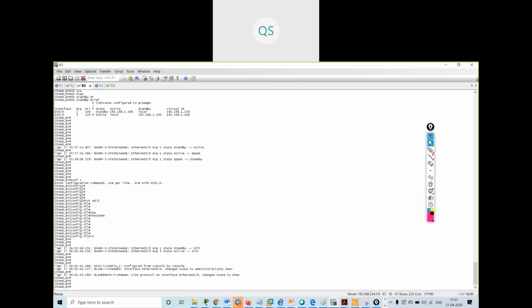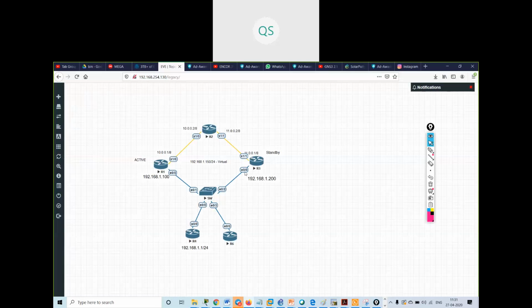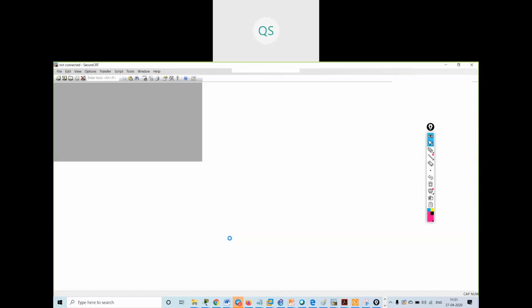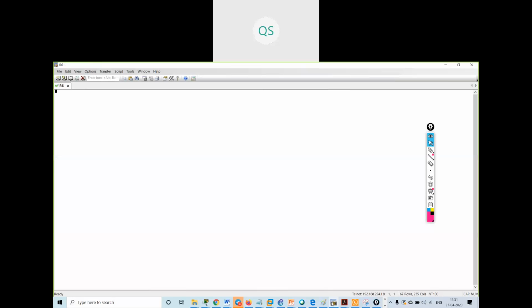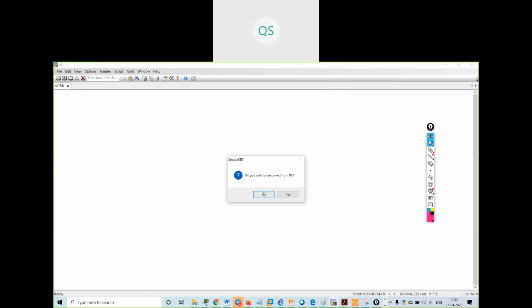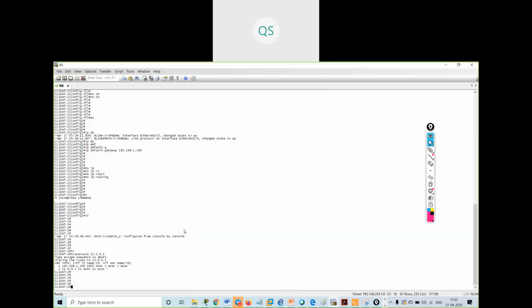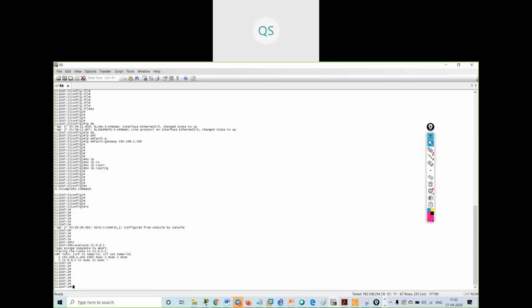This is my R3. I have made this R3 Ethernet 0/0 in the shutdown. Now let me check. I'm over here. Now what I will do?